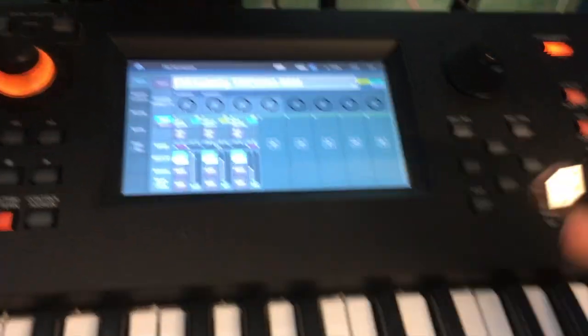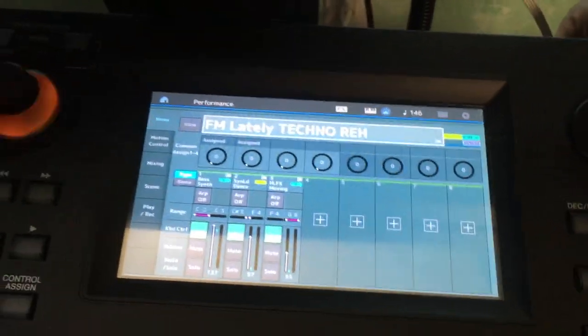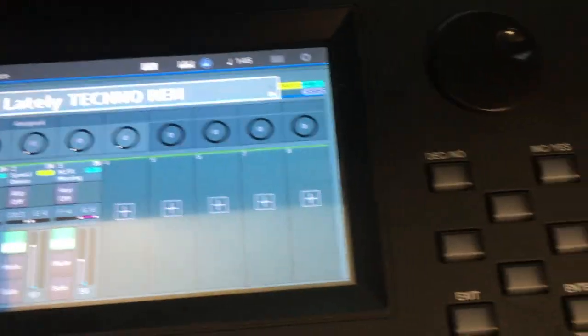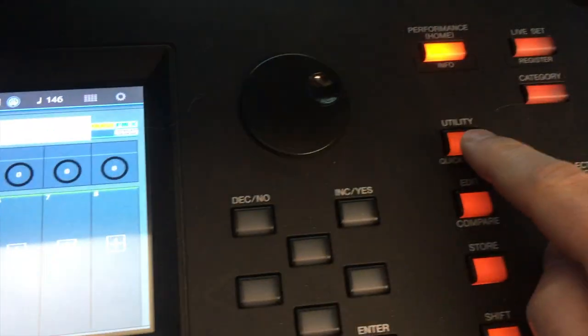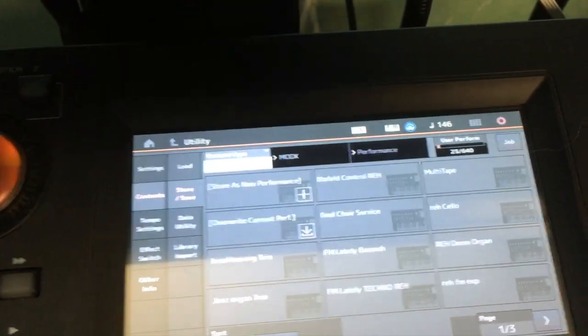Alright, so first thing you got to do, you're going to take a USB stick, put it in your MODX. There's a spot on the back here. I'm just reaching around there. Okay. And give it a second. It says connecting to USB device. Then we're going to hit utility. And we want to go to